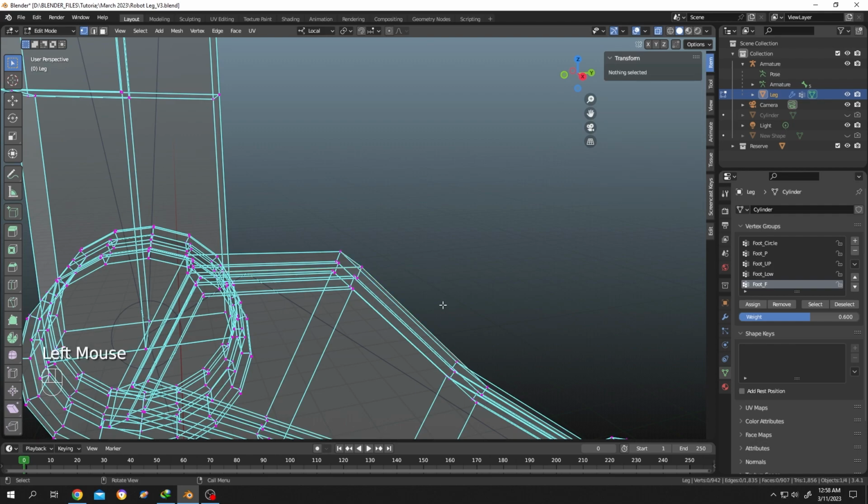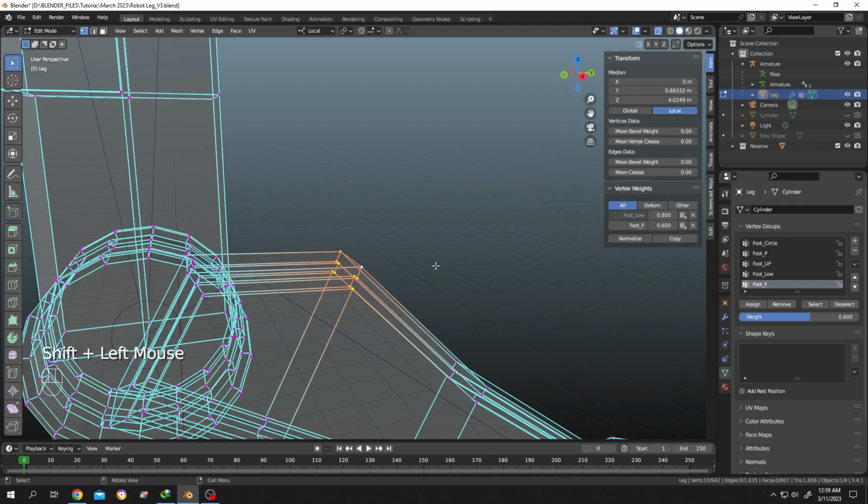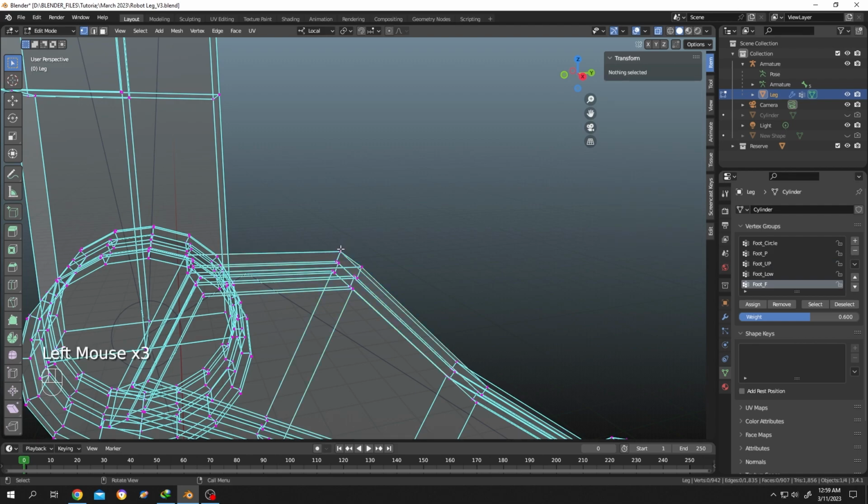It's really simple. Select all the vertex points where you want to copy the vertex weights, then the last vertex point from which you want to copy the vertex weights. So hold Shift, select the last point, then click on Copy. Done. Let's check. See,